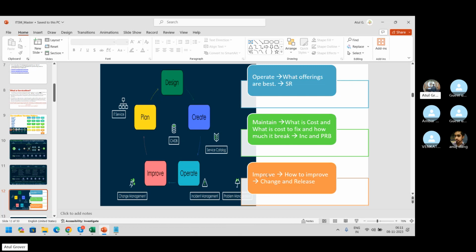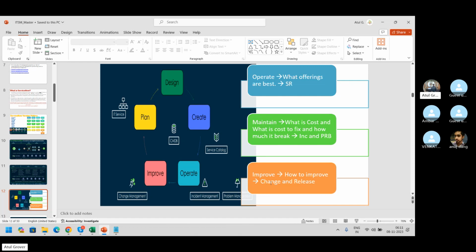See the word, they're not saying they are fixing the iPhone 15. No, we are releasing iPhone 15 Pro, Pro Max Plus. What they're doing is introducing a new service in the market, a new offering in the market, with the support of change and release management.